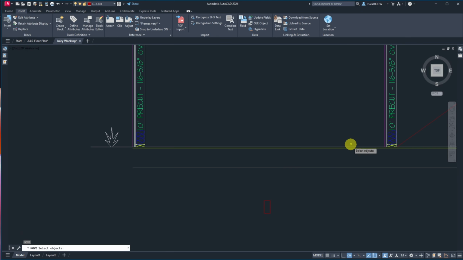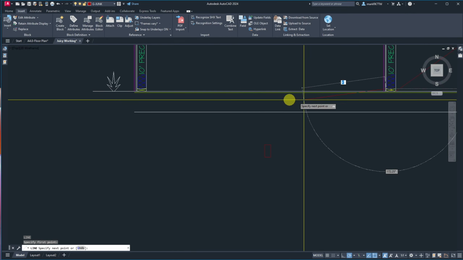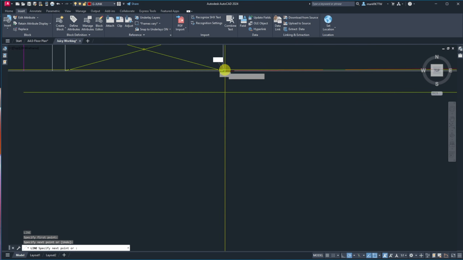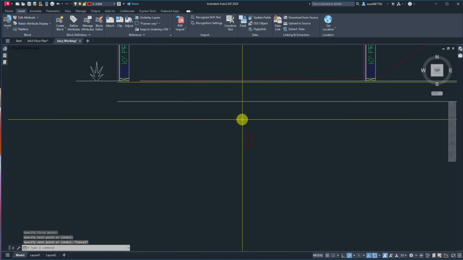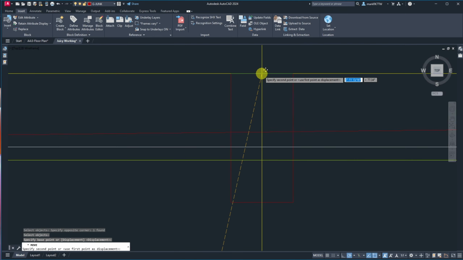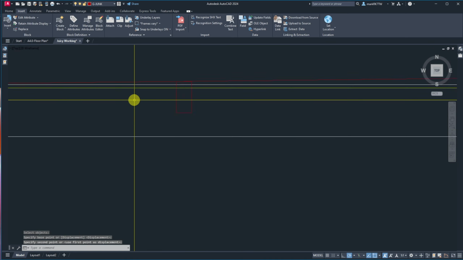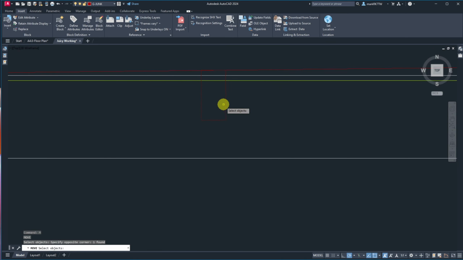So I need to have my midline line drawn here. So I'm going to go from here, put my diagonal in so it's easy to spot, easy to grab. And now I'm going to place this one from its midpoint to this guy's midpoint. Now I can move it down